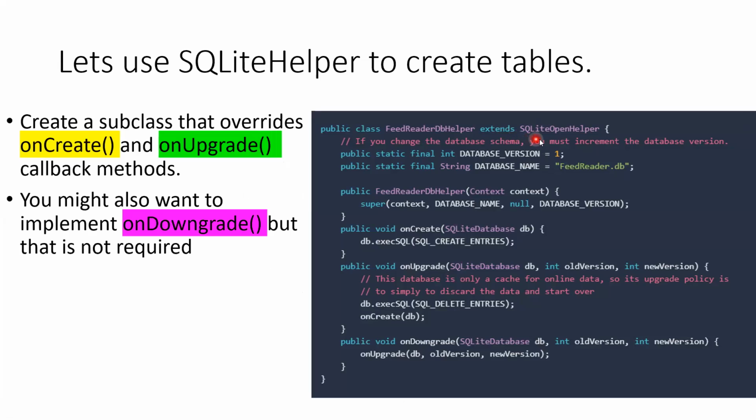Here you can see this is a SQLiteOpenHelper we were talking about, that we are making use of. We are creating a subclass of it, and that subclass is FeedReaderDbHelper. So we are making use of this FeedReaderDbHelper, which is extending the SQLiteOpenHelper. And in this class, before explaining this, let me just tell you